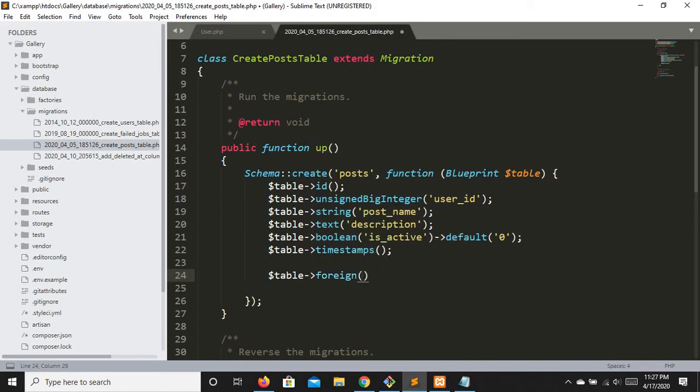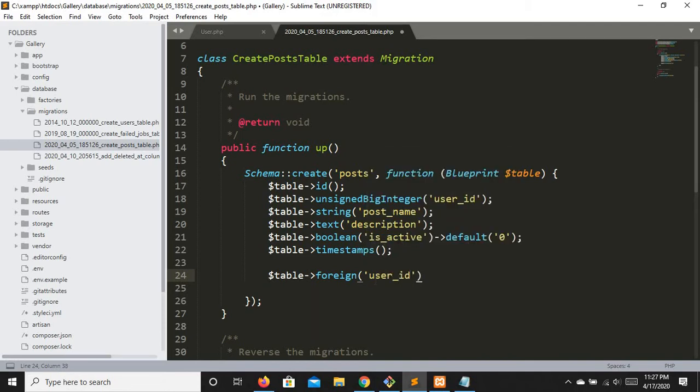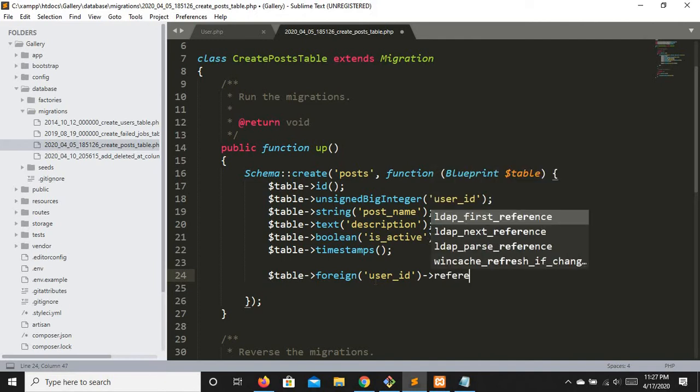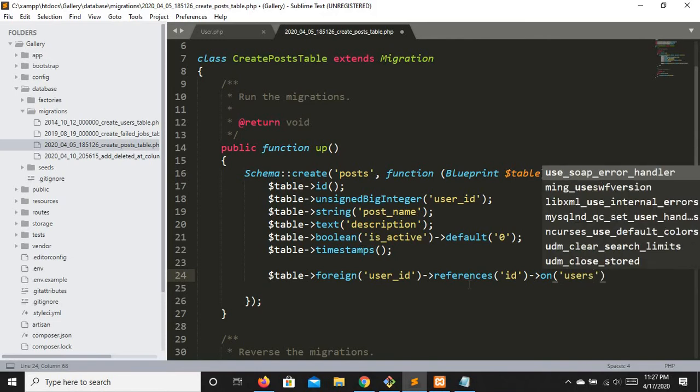Foreign, basically I'm defining that this specific field is my foreign key, user_id, and it is referencing the id on the users table.